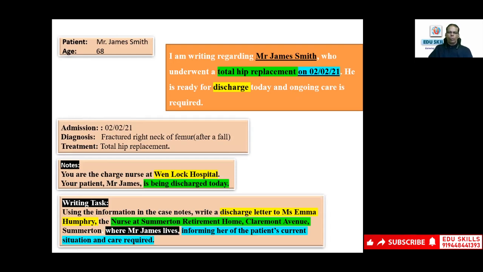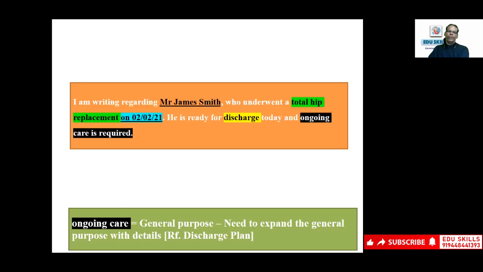What was happening on admission or otherwise, what is happening now, what is to be done in the future by the reader. Okay. So I am writing regarding Mr. James Smith, who underwent a total hip replacement. All this I am highlighting because this is the template. I tell you for you to practice. Now, not to practice if you are not a beginner. If you are a beginner, this is the template just to begin with practice, but then you should be flexible to write in your own way, where I'll be showing you different introductory paragraphs now, how you can be flexible.